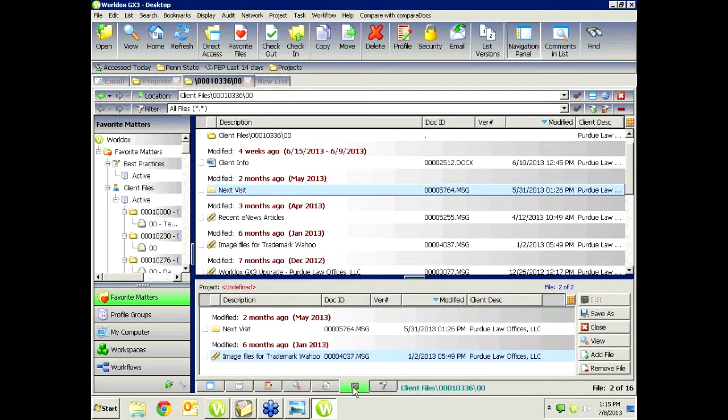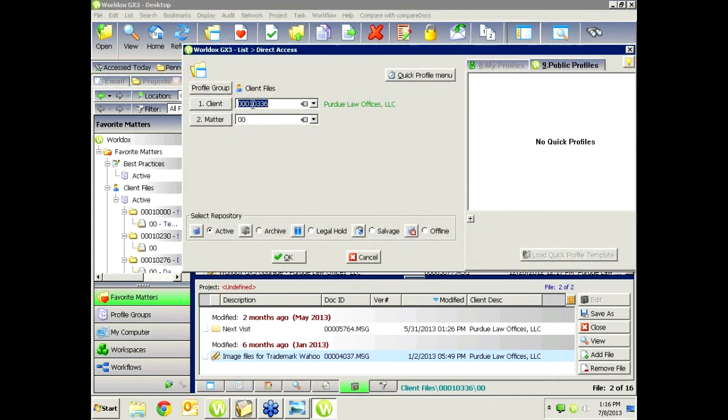What you do is you open up your projects tab. If you're going to start a new project, you make sure it's empty, and you go to the first place where you're going to get some project files from, where you're going to drag files from, and you drag them down there. Now you'll notice that this email plus this image files email are both in there. Now you'll notice they're also still up here. They didn't move anywhere from Purdue Law Offices Matter 00. They're still there. And while I have this project open down here, I'm now going to go to the Scooby-Doo matter,